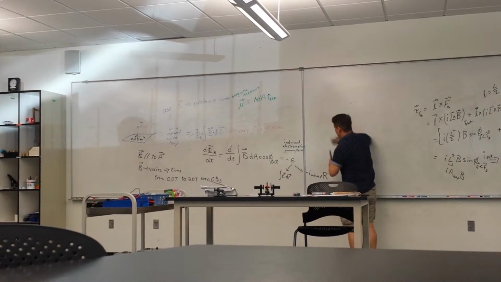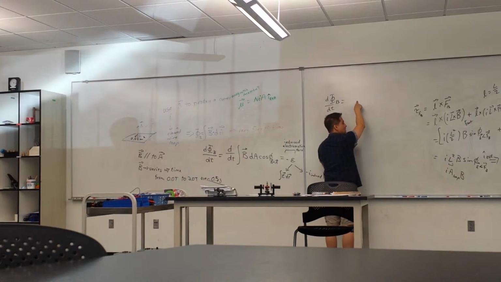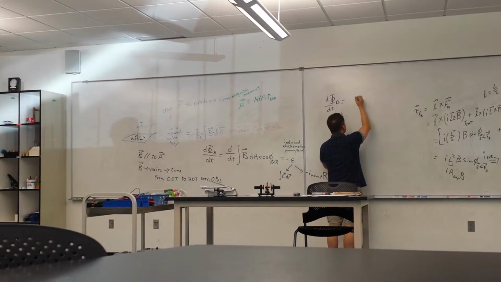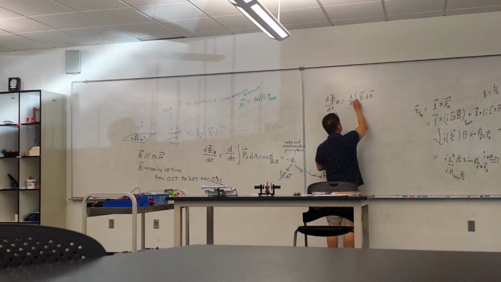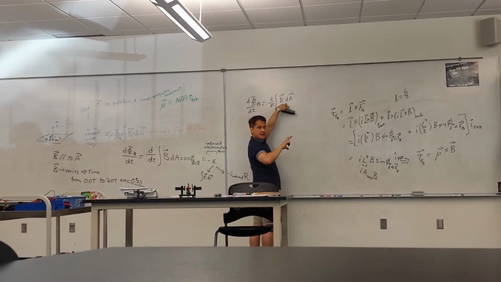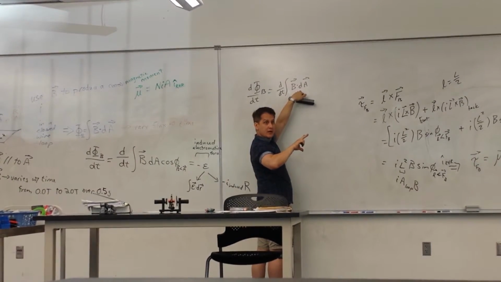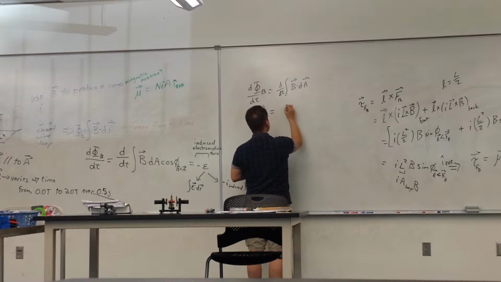So what do we have? The change in flux should be related to, well, B is constant over the surface area. I'm going to write this in two steps. We have B dA, I'm going to write it this way, and take d/dt of that. So first of all, A is independent of B. B is constant in terms of its orientation with respect to A. So B will vary, but it's not going to be integrated. It's going to be uniform throughout the surface A. So this reduces to